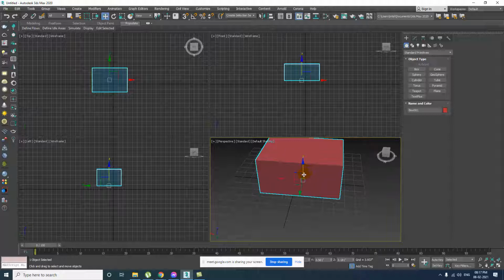Okay, that is on one axis. Axis means a dimension, you can say, on one dimension. Up and down, up and down. It will move only up and down. One more thing you have noticed: the blue color changed to yellow a bit.